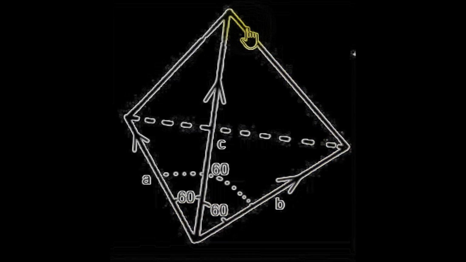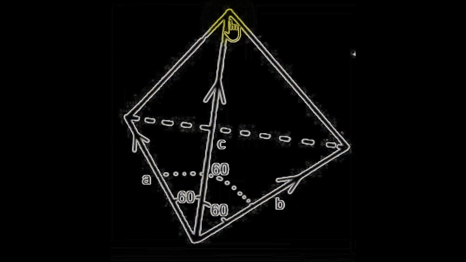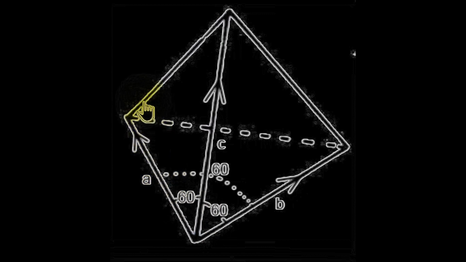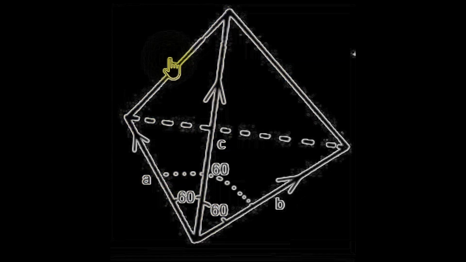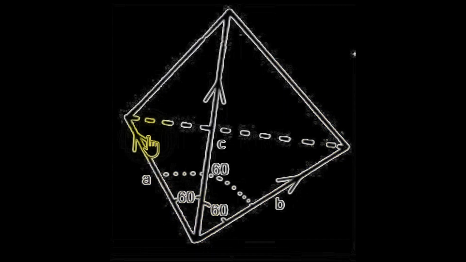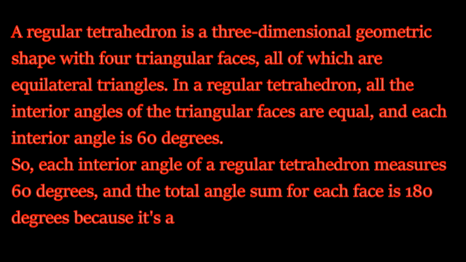A regular tetrahedron is a 3-dimensional geometric shape with 4 triangular faces, all of which are equilateral triangles. In a regular tetrahedron, all the interior angles of the triangular faces are equal, and each interior angle is 60 degrees. So each interior angle of a